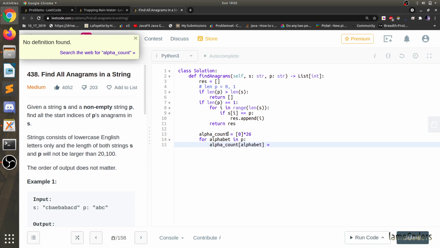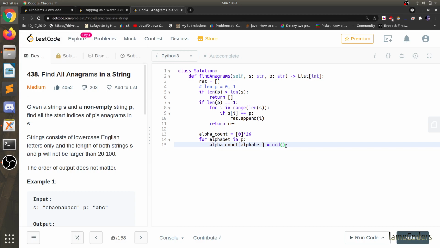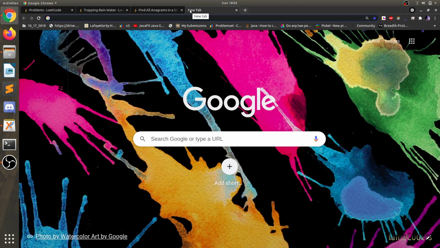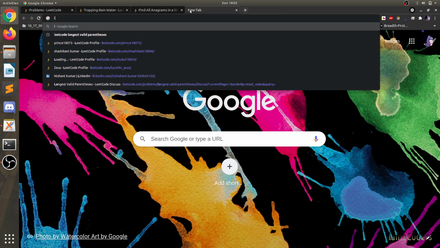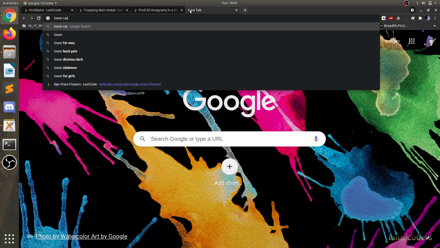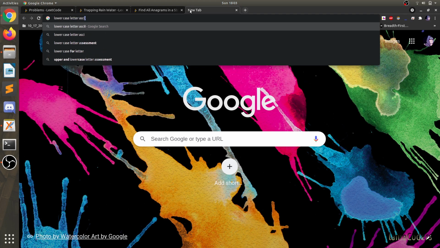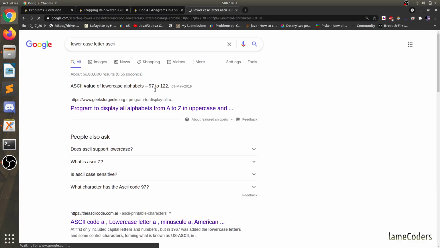So how to update alpha count? At first we are going to convert the alphabet into ASCII code. If you want to know, the ASCII code for lowercase letters is from 97 to 97 plus 26, so it is from 97 to 122.